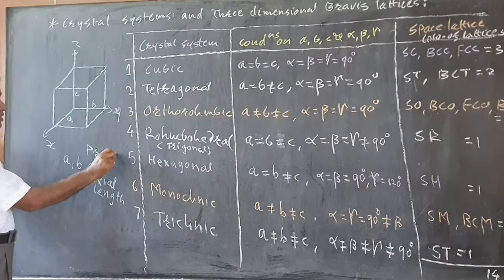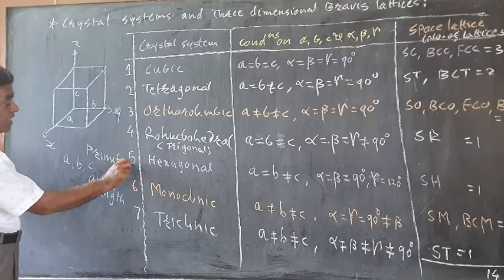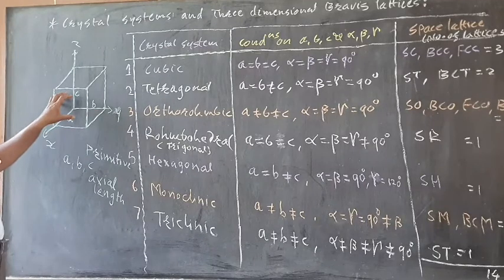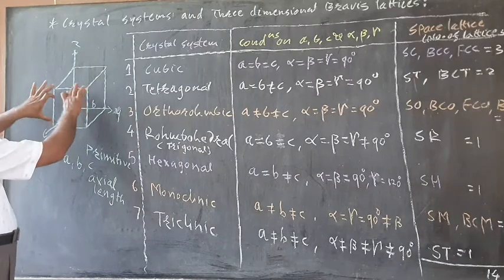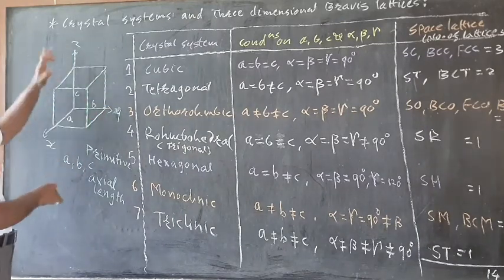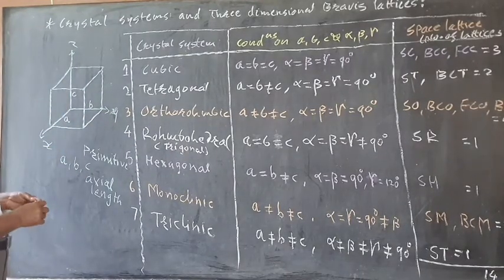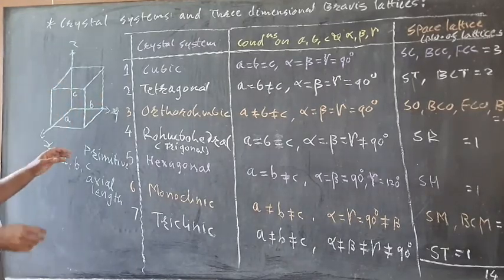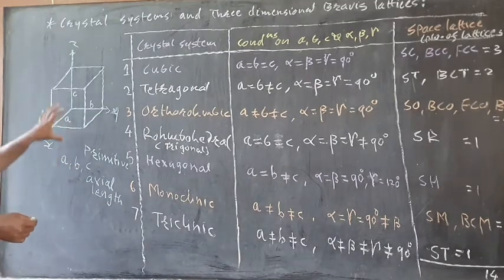A unit cell can be constructed in the three-dimensional space lattice, a small unit that can be constructed in the lattice. The actual crystal structure is the repetition of this unit cell in all directions. So the building blocks of this unit cell give rise to the crystal structure, just like a wall. In the wall there is one unit, and that unit can be repeated so that the wall is complete like this.